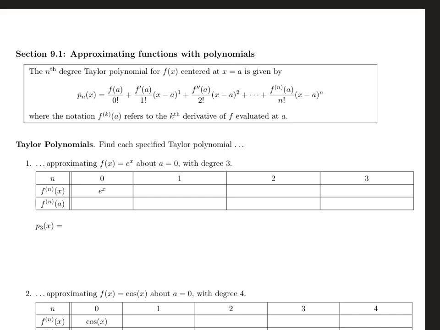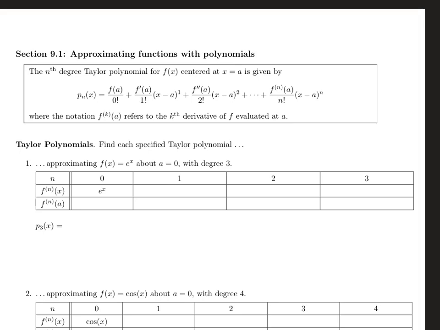As long as the function you have is one where it's possible to take as many derivatives as you want, at some point we will be able to build one of these things that we call a Taylor series. In section 9.1 of our book, they introduced this by first talking about Taylor polynomials. So this would be the infinite polynomials we were talking about in class if we were to cut them off